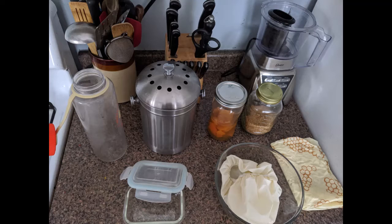Instead of using foil or plastic wrap, you can use like glassware or Tupperware to store leftover foods. There's some like beeswax wrap, newer product that you can wrap things with instead of those disposable use plastics and foils. You can also consider